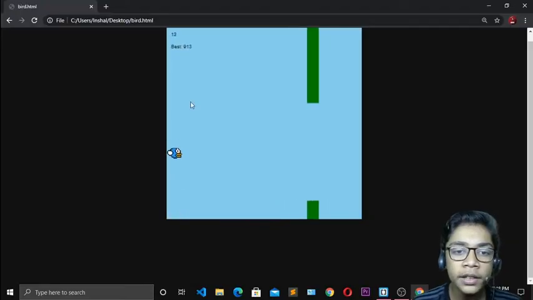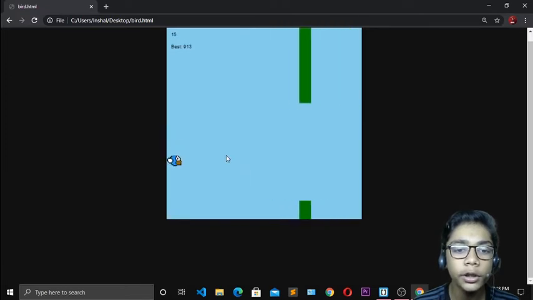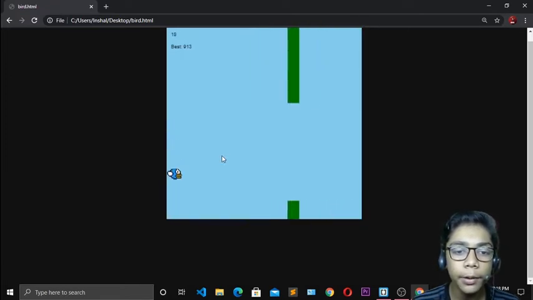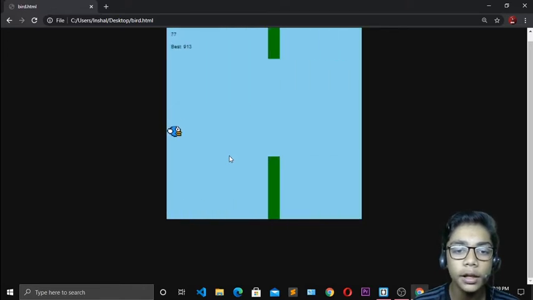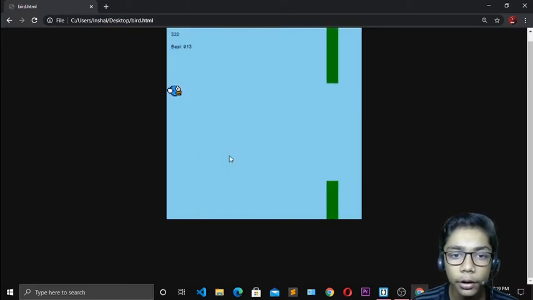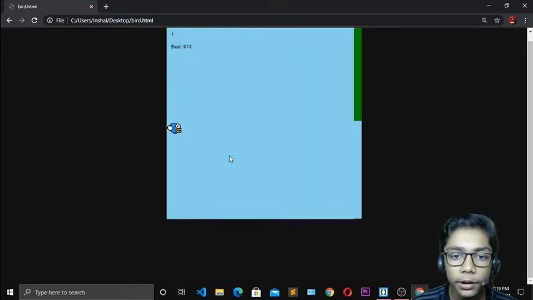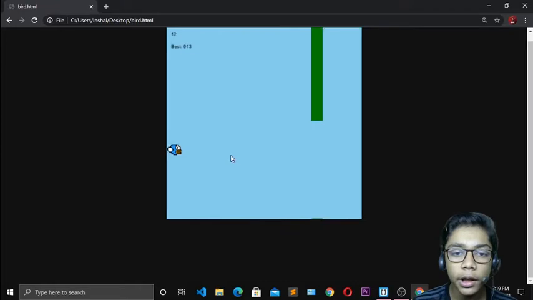Now over here you can see I've just made this Flappy Bird project in JavaScript. In this project you will play Flappy Bird with your mouse. Here if you press one mouse click, you can see I can control my bird, which is going up and down. If you let go of the mouse, it will go down, and if you click, then it will go up. So you can control your game like that. We will make this game with JavaScript, and I hope you will enjoy that.